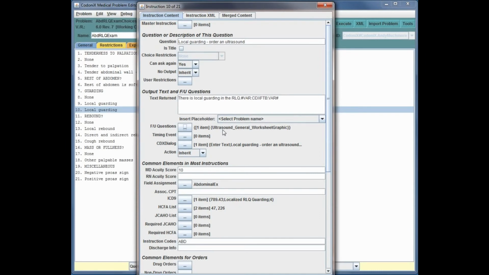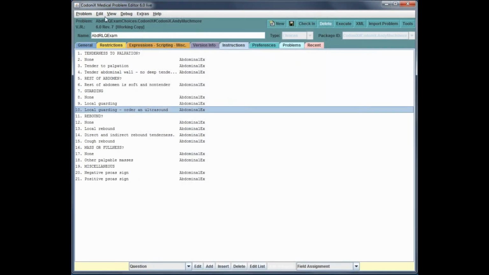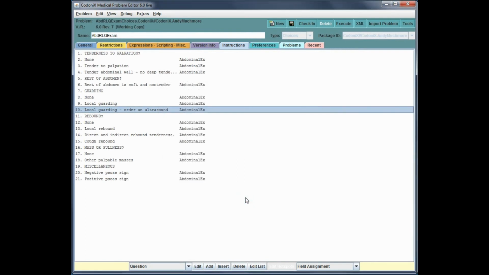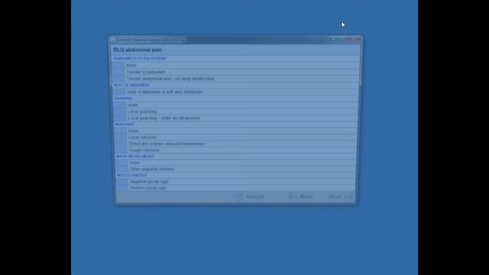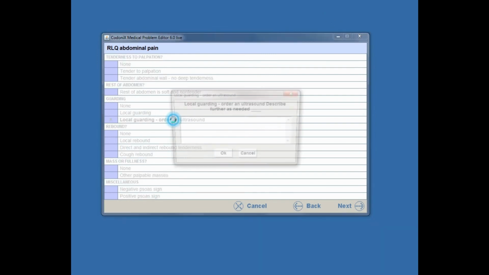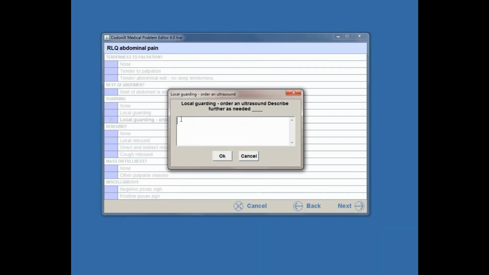But before we check our new changes out, let's make sure that there's no pre-existing data by looking at the current output. So this is the output that's been generated, so there's no output. Now let's execute our new medical problem and see what changes we've made. So we're going to go ahead and execute it. And you can see that local guarding, order an ultrasound, is now a new choice. This follow-up question asks us to describe with further text